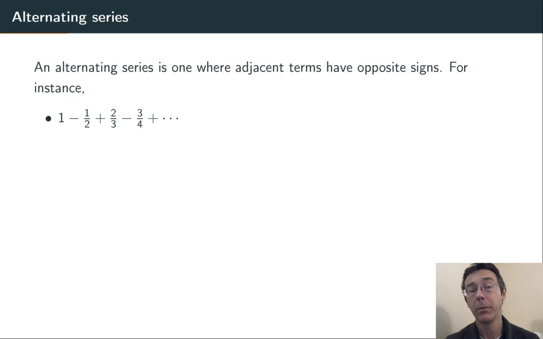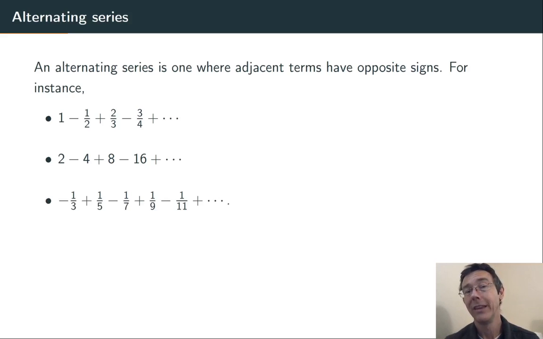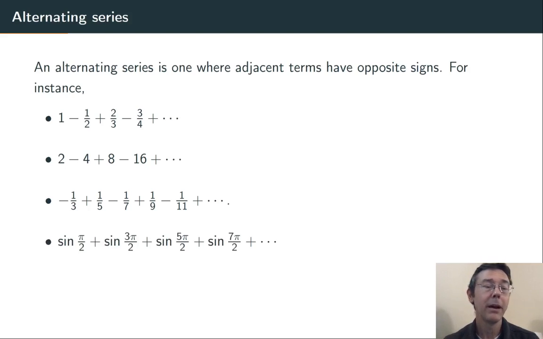A few quick examples: 1 minus a half plus 2/3, and so on. 2 minus 4 plus 8, and so on. Negative a third plus a fifth minus a seventh, and so on. Sine pi over 2 plus sine 3 pi over 2 plus sine 5 pi over 2, and so on. This last one doesn't at first glance look like an alternating series, but it is nonetheless, despite all those plus signs in between. Because sine of 3 pi over 2 is negative, the sine of 7 pi over 2 is